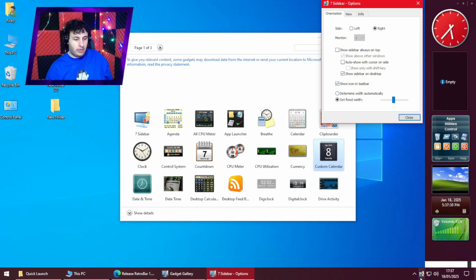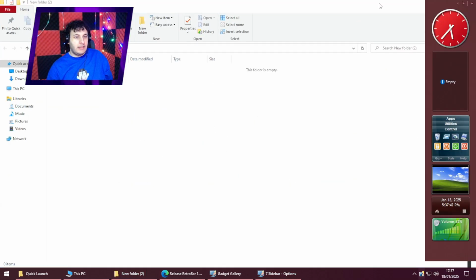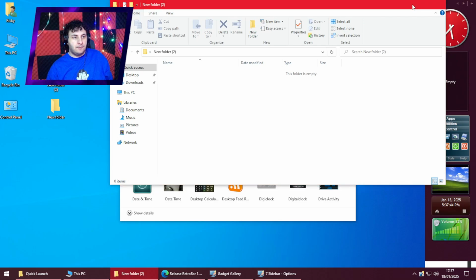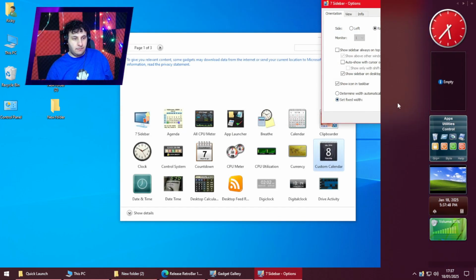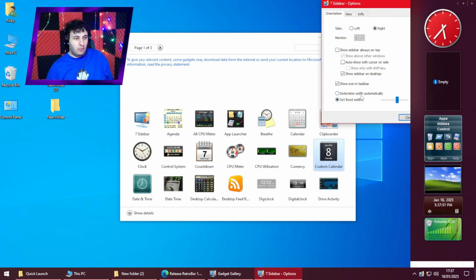Show icon in taskbar, which is kind of a thing that does in Windows Vista as well. So you can always have this there, so it always shows that it's sort of there, so you can actually just access it from there. I do believe actually, if I open this random folder up, yes, that's what that does. Yeah, and then you can set the width as I've already shown, and you can determine the width, which it does automatically,